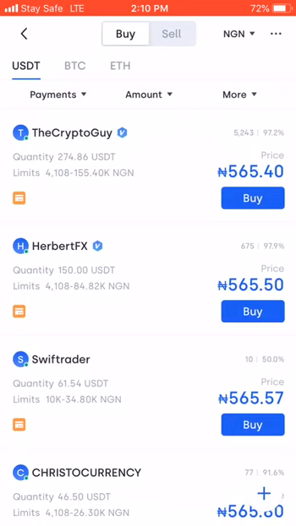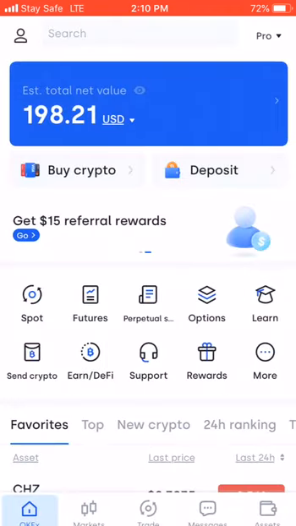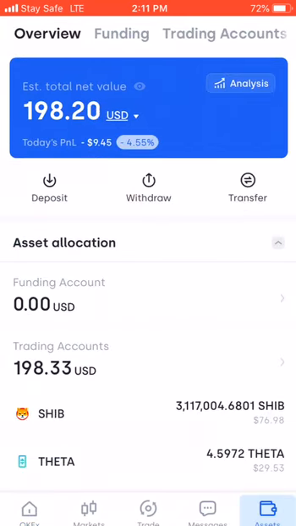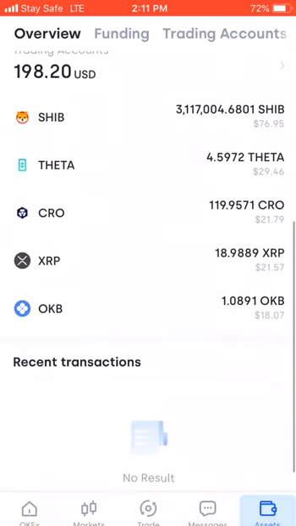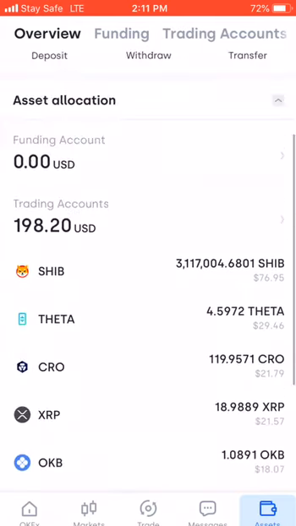So, maybe you bought USDT. For you to use it to trade, what you will do is that you will go back to your wallets, your assets.